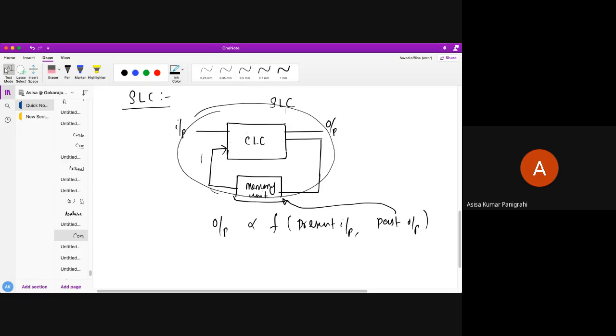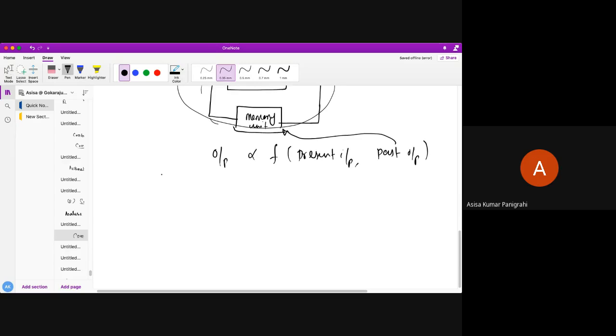Understand all of you? So what are the examples of sequential logic circuits? The examples are basic latches, which are the basic memory unit, and flip-flops. Next, counters, registers, and shift registers.